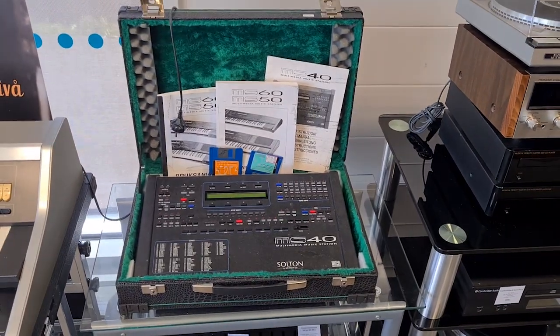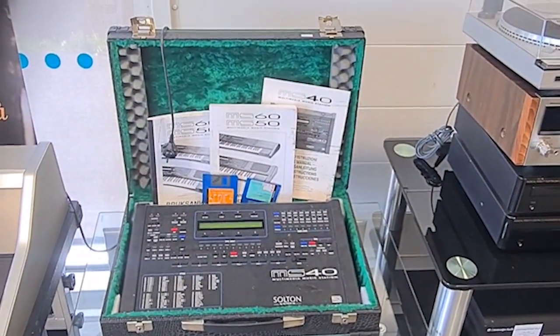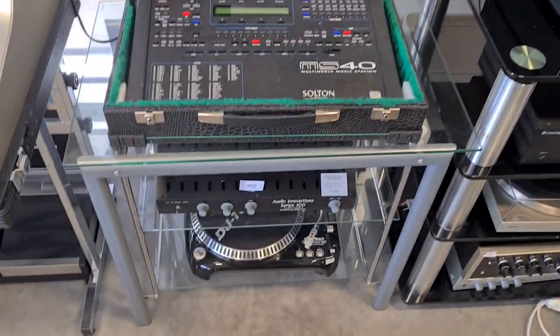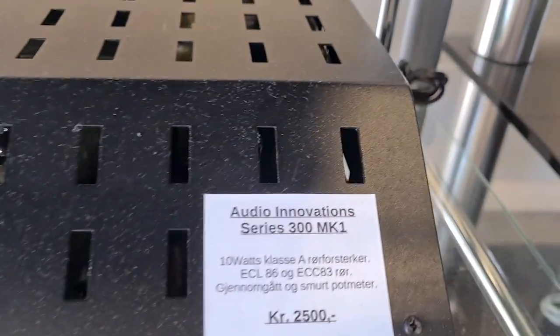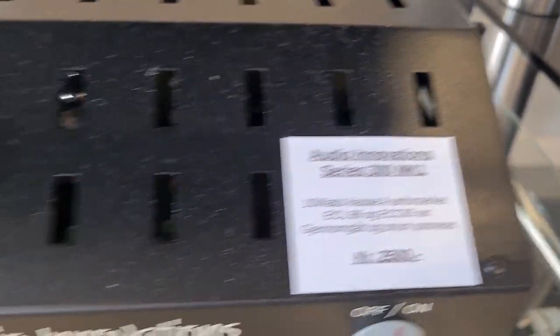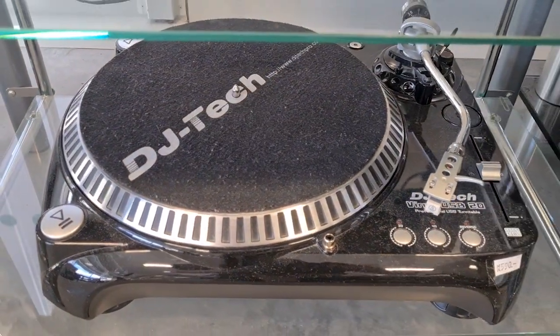Anyway, here we got like a recording thing. I thought that was interesting. It looked new. No, it didn't look new, but it looked retro. It looked retro, yes. Okay, got some more things. I don't even know what this is, but it was sold, yes. And then it seems to have like a